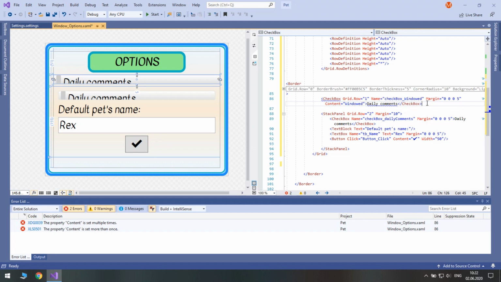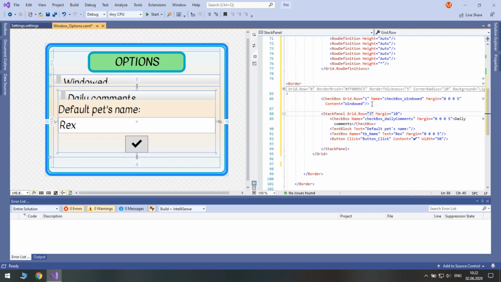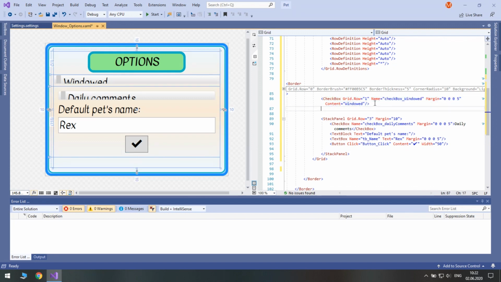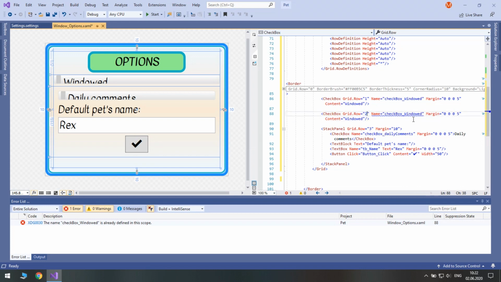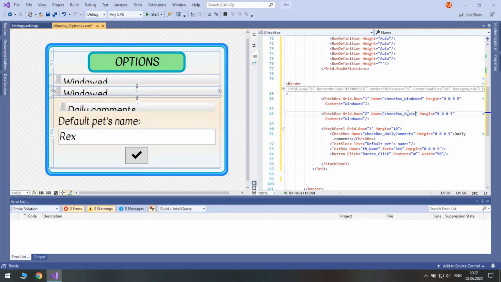And I guess that's it. Now, let's make another checkbox for the music setting. So checkbox music. And the content music.